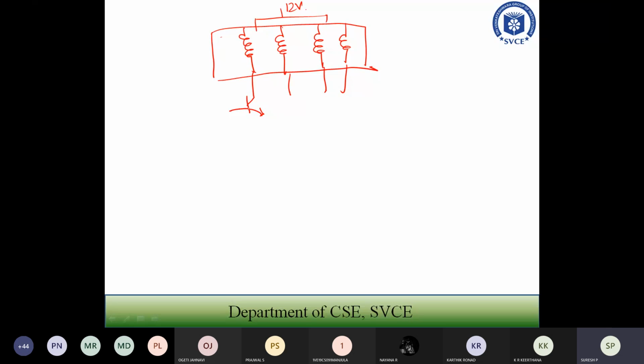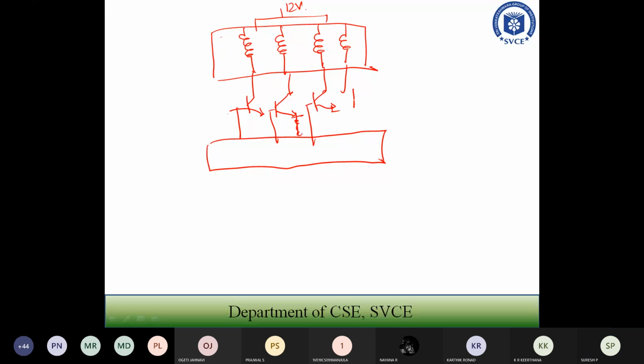Why are we using the transistor? Your transistor will be acting as a switch. We have seen from the basics of electronics that a transistor can be used for two different purposes: one as an amplifier, the other as a switch. Here, the transistor you are going to use will be acting as a switch.